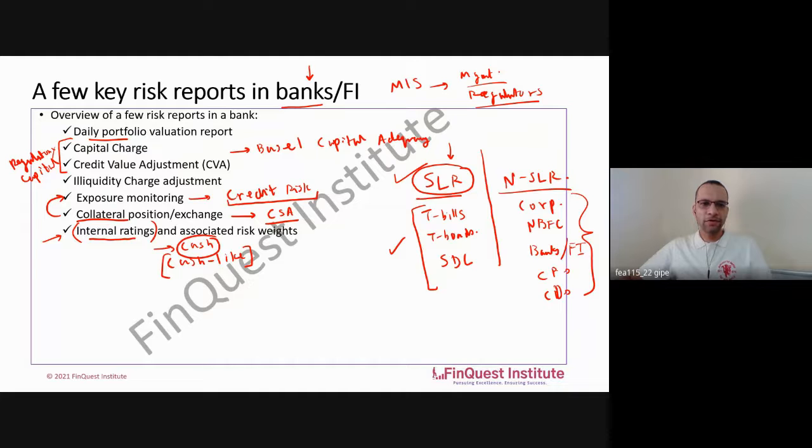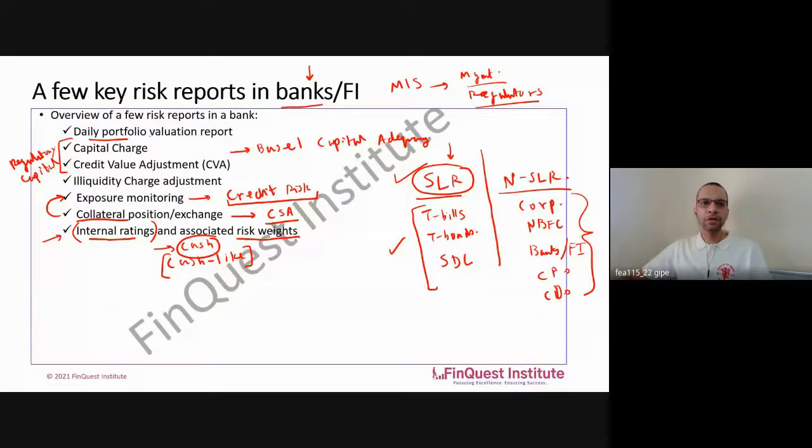Whenever a bank has to decide on any kind of its lending operations, or whenever it has to decide whether it can lend to a certain borrower or not, it will require internal ratings, because internal ratings will help them assess the riskiness of a certain borrower. So you have credit risk teams in banks which will be doing the internal ratings for every customer which comes on board. And for every rating, there is a certain risk weight which gets associated. So we'll talk a bit about internal and external credit ratings along the way as well. So I request you to hold on till then.